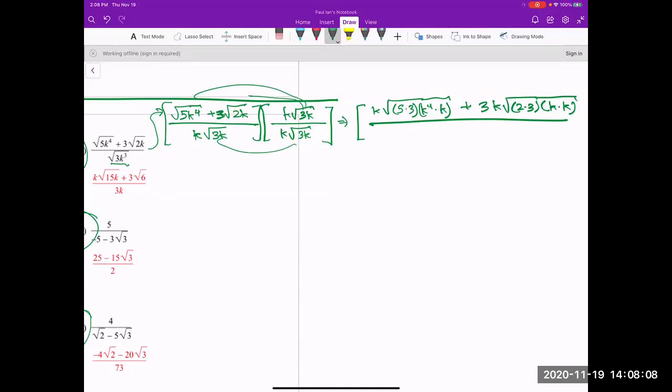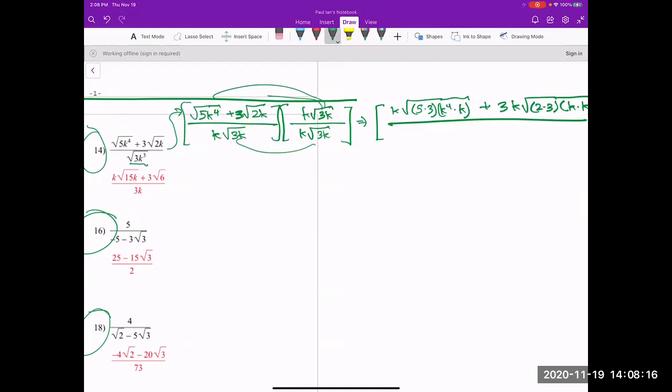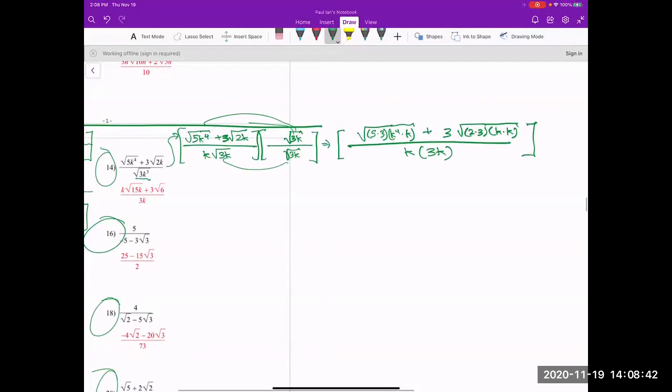And then the bottom would be, so you have k. You don't actually have to times it by k. It's just 3 root k, or root 3k. And let's actually edit that one. So it's going to be that and this, and you're going to have 3, and then that's going to be 3k. Right? So it's just 3 root 2 times 3 times 3. Okay, 5. So now,